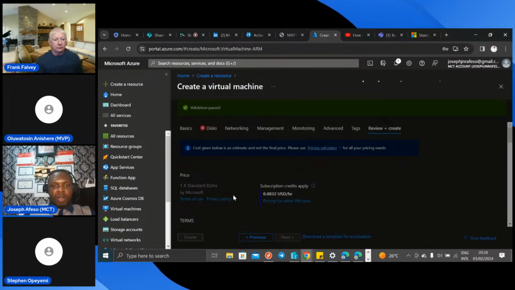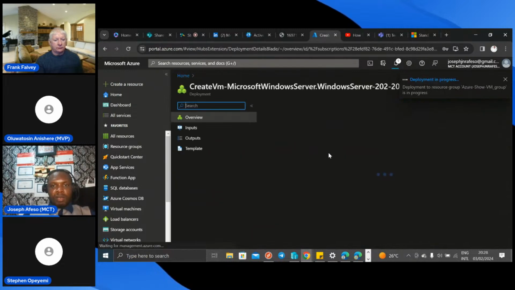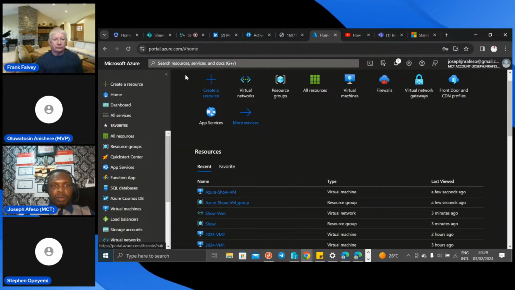assigned to it already. So if we have multiple machines, we can put them on different subnet and later see how they could ping themselves to communicate. So if there is still time, I'm going to bring up 2 machines that are set up in the same VNet and we'll see how they communicate with each other. Okay, so the machine is being deployed. So we'll just come back here.